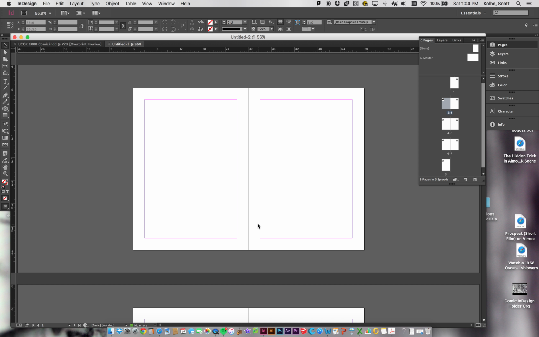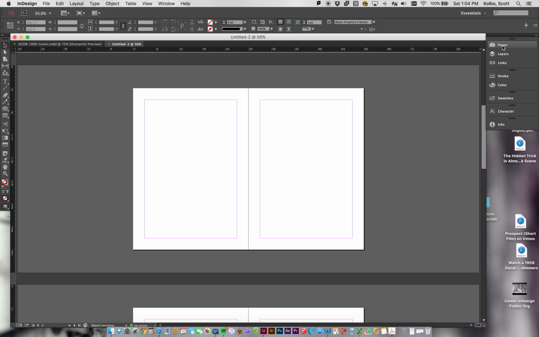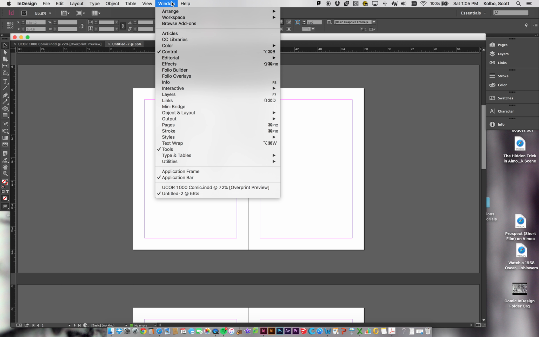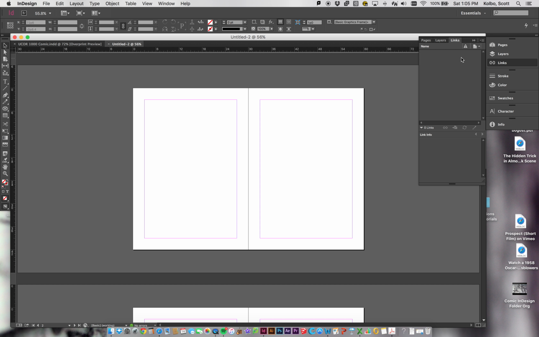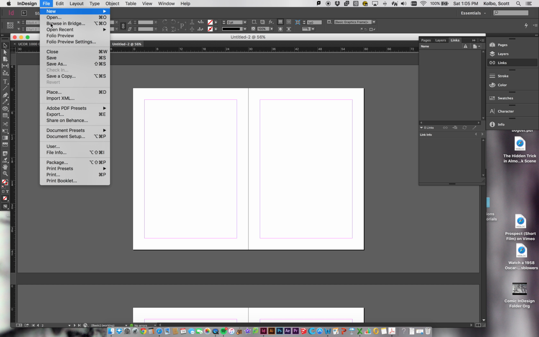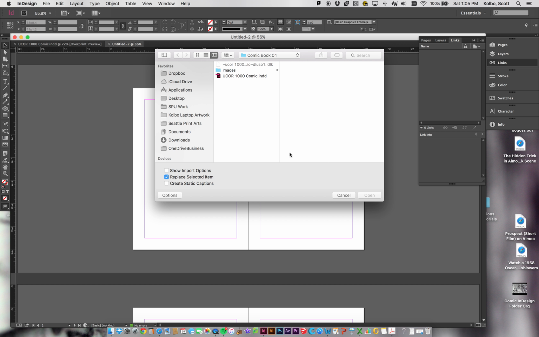So that's pretty simple. The other thing that you want to know how to do, and if you're ever confused about how to find something, you just can't see it, just go up to Window and click on one of these buttons. In this case, we want to look at the Links button. And so you'll see the Links button shows you all of the things that you're going to end up placing into your file. So if I go in here and I go File, Place, and I find